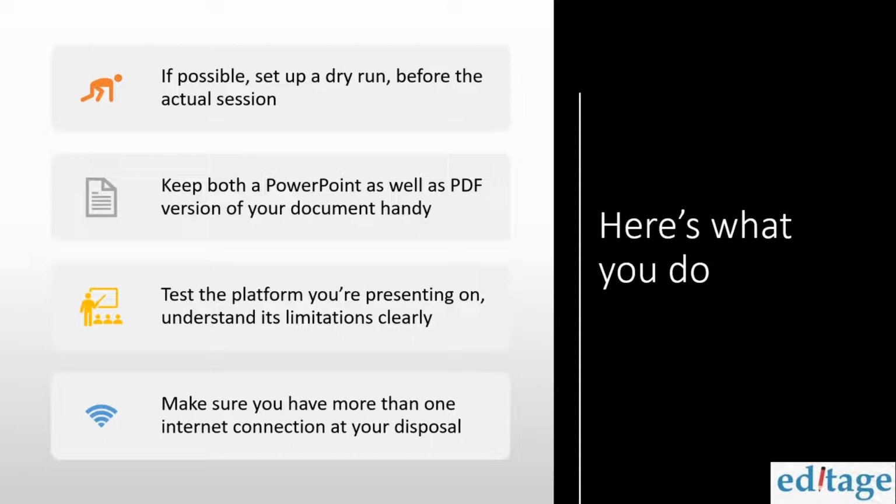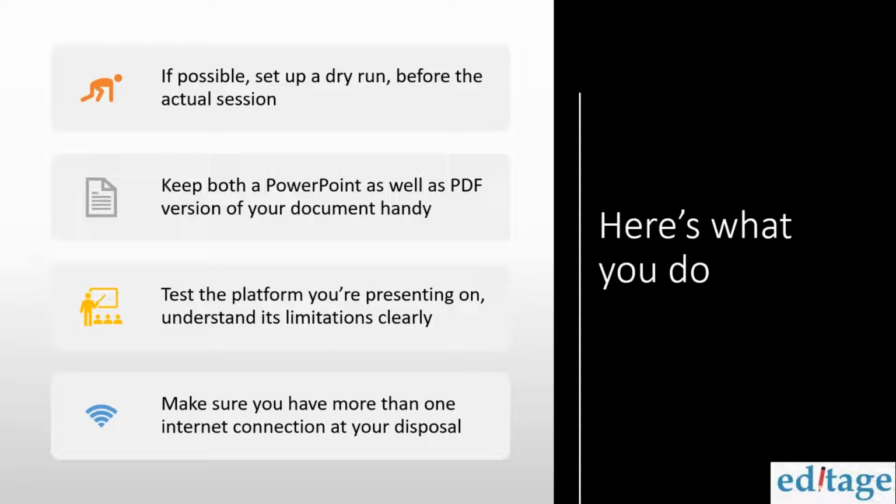And finally, very critical, make sure you have more than one internet connection at your disposal. And when I say have more than one internet connection at your disposal, I am not saying get two Wi-Fi connections. No. If you do have a Wi-Fi connection, that's great. Make sure it's strong. Generally, you can work with around 4 Mbps worth of speed. I know a lot of broadband and fiber connections these days are much, much faster, right? But again, very critical, if you have a Wi-Fi connection, please make sure that you have your cell